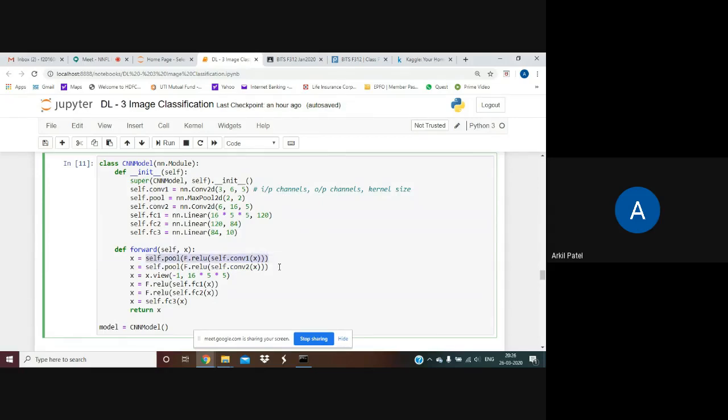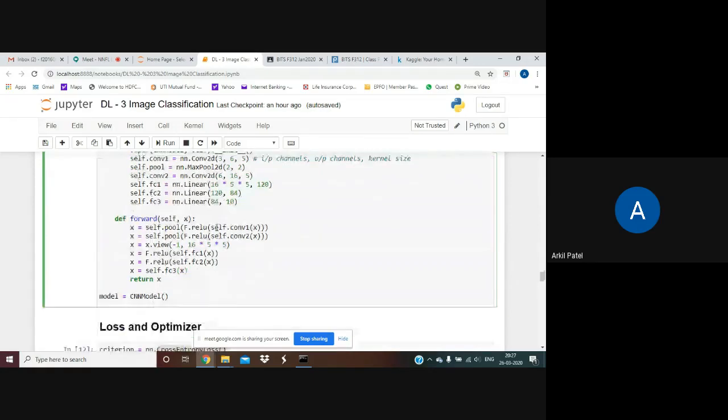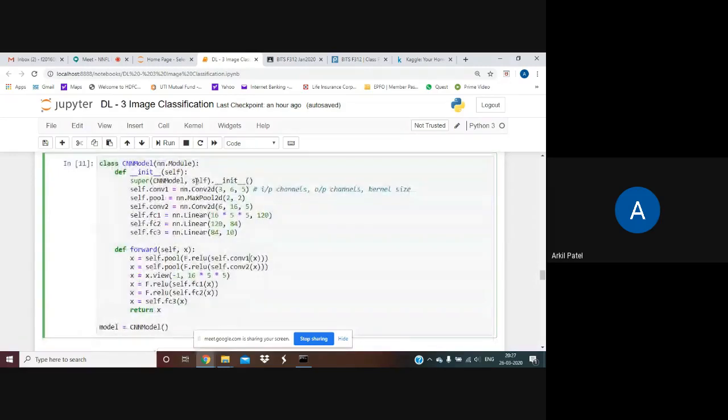I do the same thing for the second convolution layer, after which I change the dimension of X to make the final dimension 16 cross 5 cross 5, and then pass it through 2 normal layers. This is very straightforward. It is almost what we did for a normal MLP. The only difference in this whole class is that I'm now using conv layers and max pool layers.